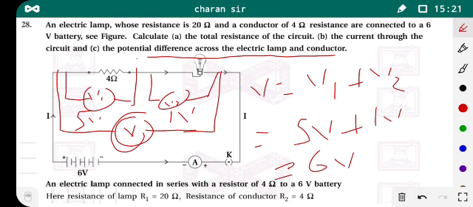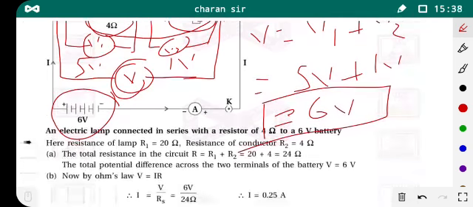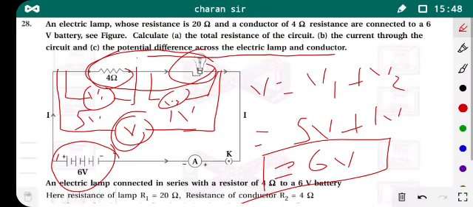So here you notice that we apply a 6 volt battery voltage and we get the potential difference across the combination of the conductor and electric bulb also as 6 volts. So from this numerical it is verified that when we apply the voltage, that voltage is distributed across the individual devices, or the total voltage across the two components is given by the summation of the individual voltages. Is it okay? So this is our numerical based on the series combination of resistors.